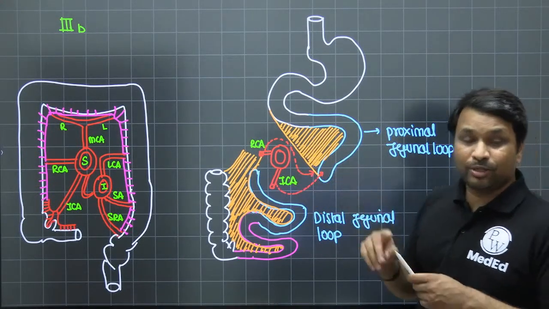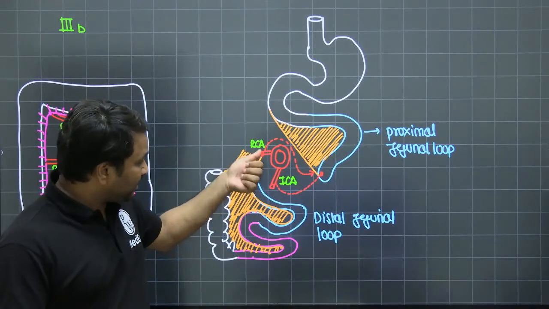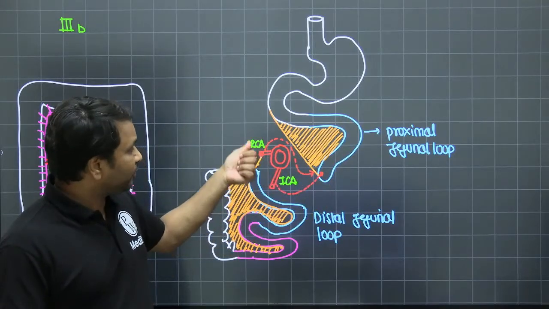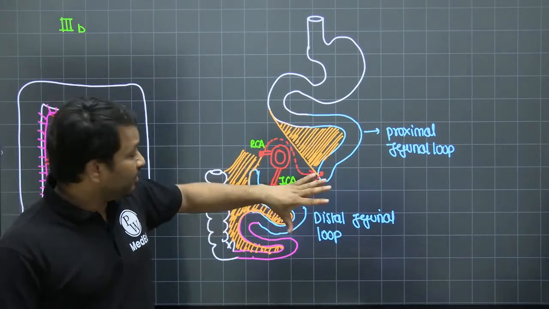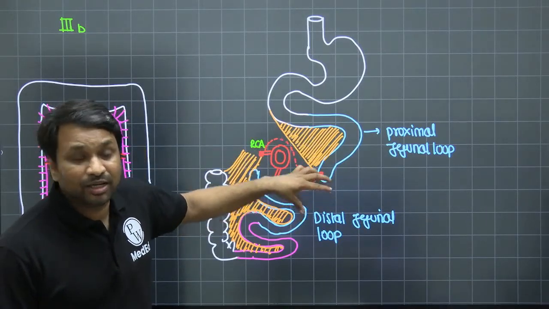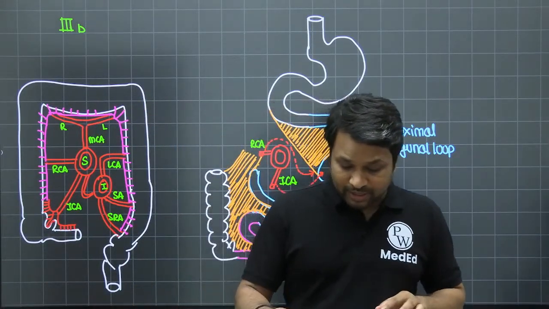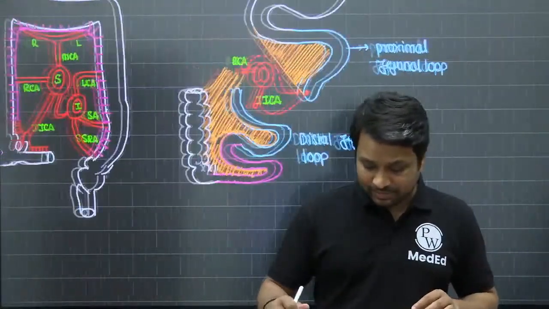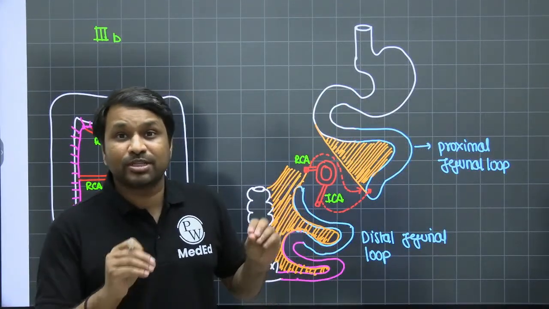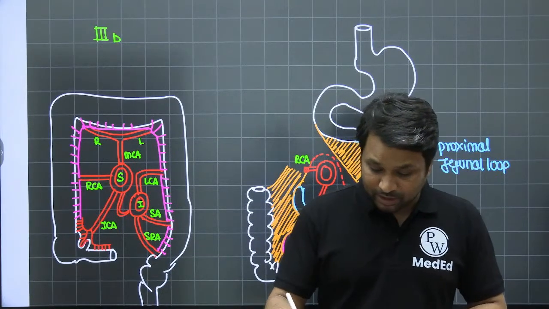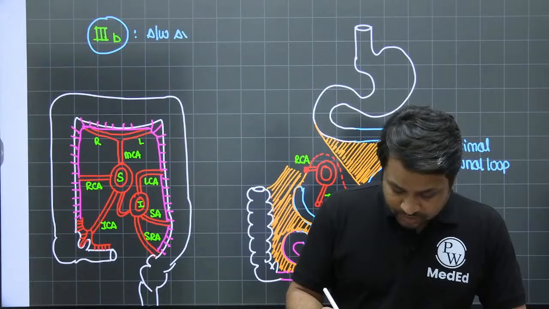So the blood supply to the proximal end of the jejunum comes either from the ileocolic artery or from the right colic artery, and they go in a reverse manner, and that is why it is more prone to problems when you try to do anastomosis. If these vessels are cut, the vascularity is going to be lost and it will have a very poor anastomosis. So if you are a resident writing your competitive exam, the question they ask is, which among the following types has the poor prognosis on anastomosis? The answer is type 3B variety. It is associated with anastomotic